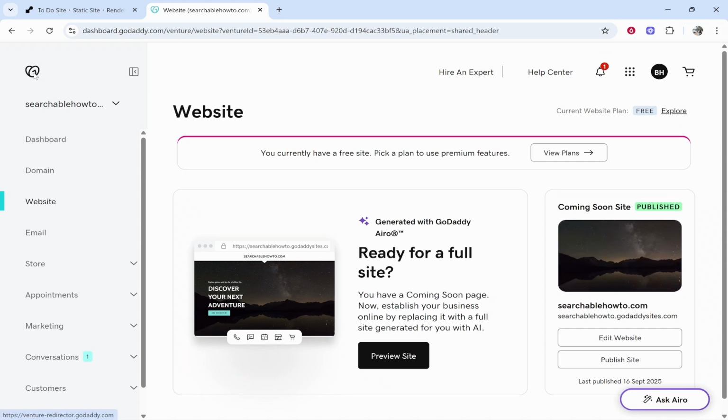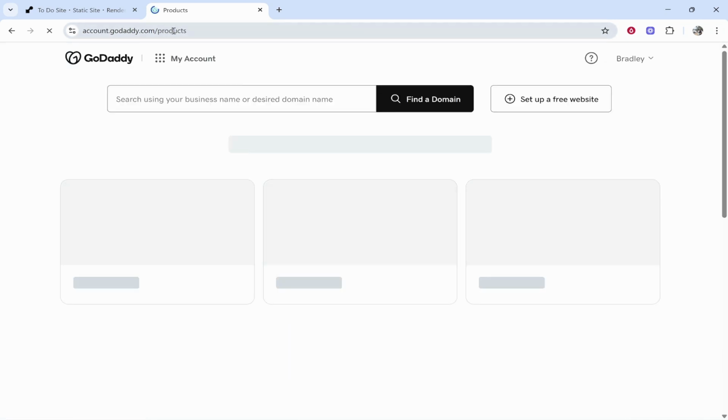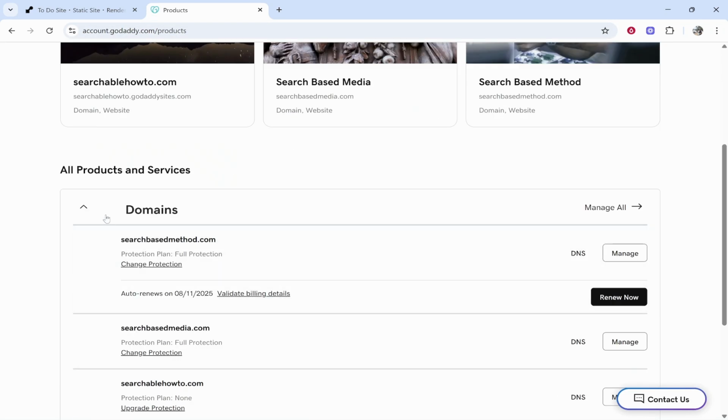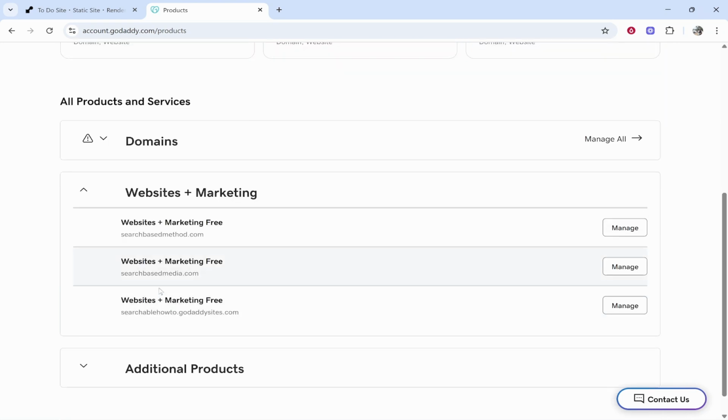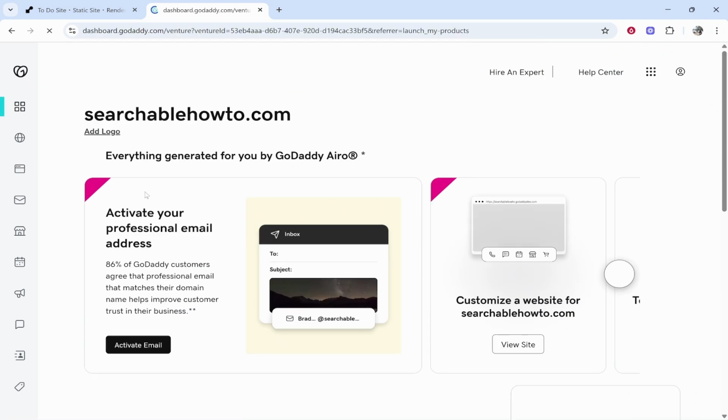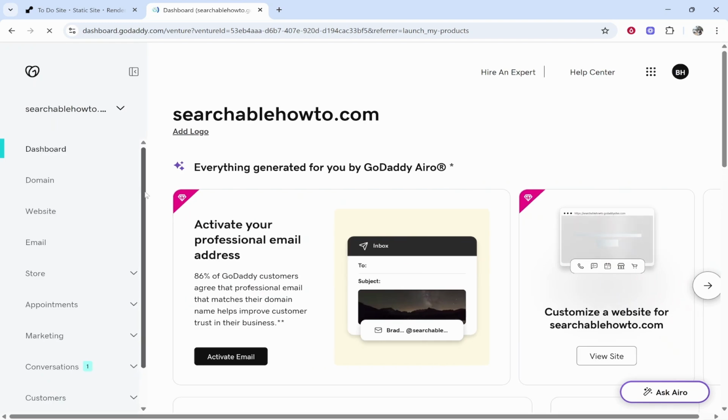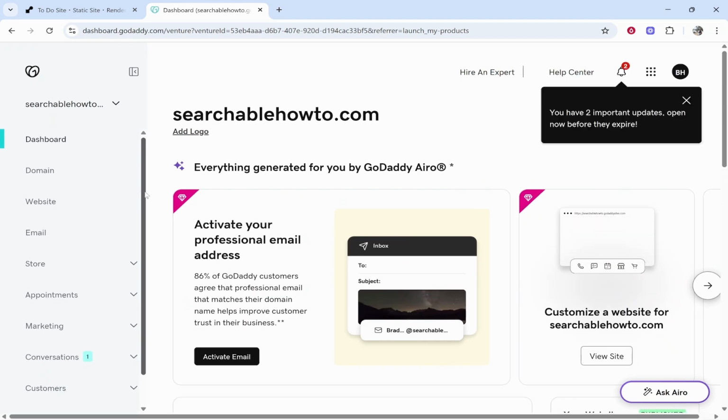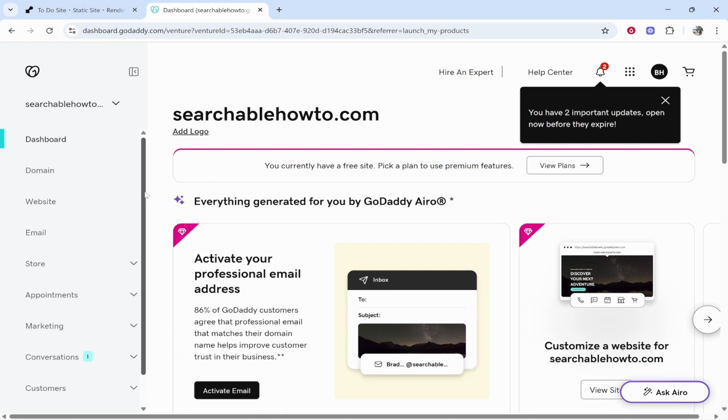If you start on the GoDaddy dashboard, you'll probably be on the products page. Here, if you scroll down, you'll be able to see your domains and also the websites that are connected. For some reason my domain is now being used on a GoDaddy website, so I'm going to click on manage in the websites and marketing section. I just want to remove it completely. I just want to unlink the domain from the website and delete the website,